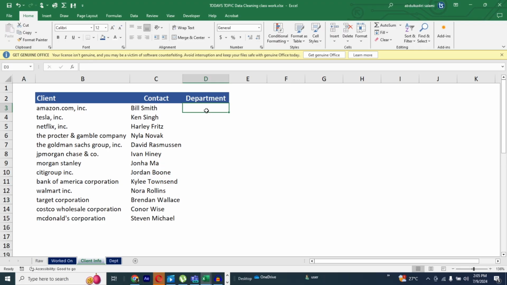Right now, this is my workbook, and I have a sheet called Client Info. That's the sheet you're looking at now. I have a column called Clients, where we have Amazon, Tesla, and so on. We also have a column called Contact, where we have the names. Now we have departments. I want to create a drop-down list instead of typing all these one after the other. With the help of the drop-down list, I can select the list of departments